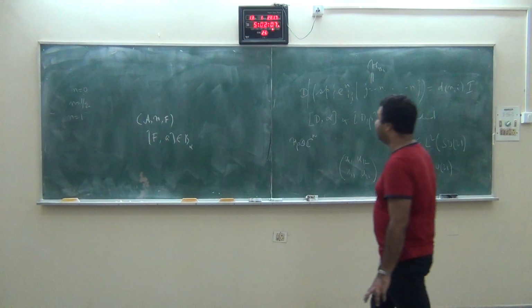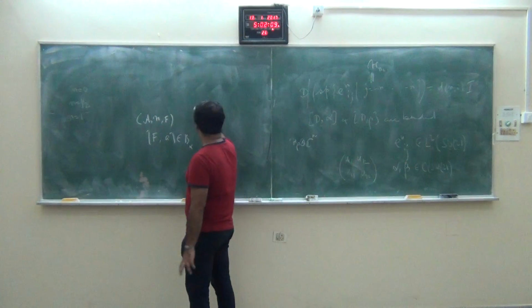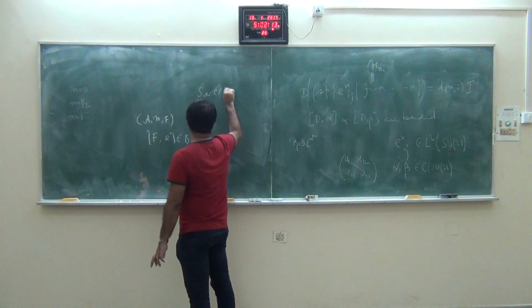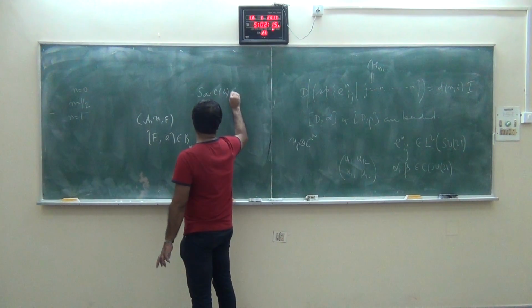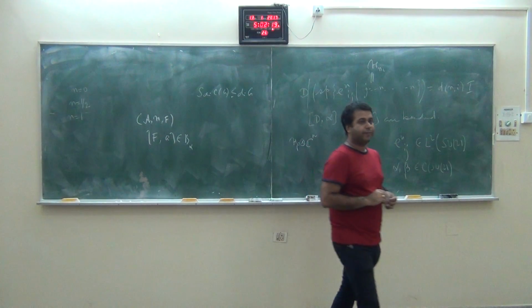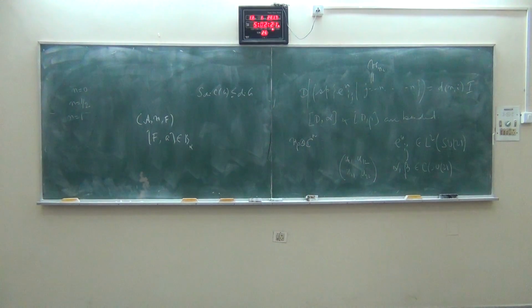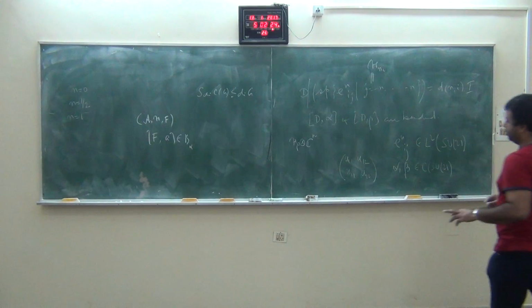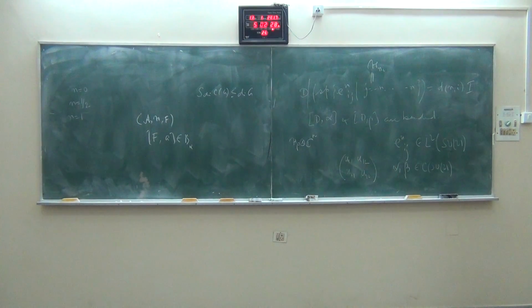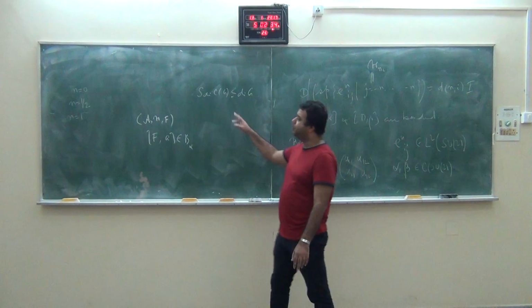Oh, I should also tell you one more thing, that this quantity for C of G is less than or equal to the dimension of G. That inequality is obvious. That is not very difficult. But the other one is not easy. For the other inequality, we do not yet have a proof. I believe one can